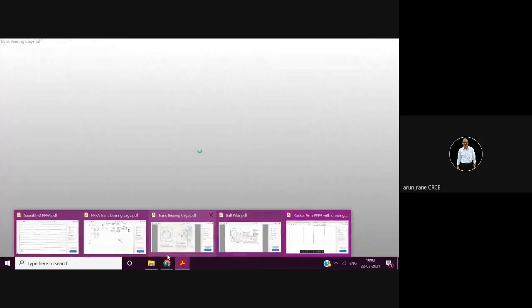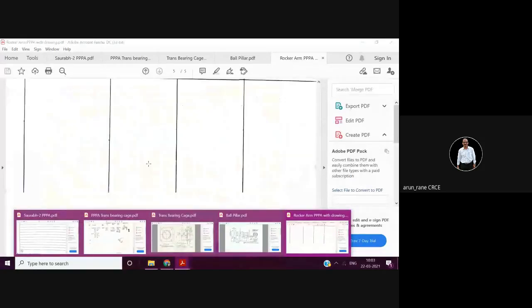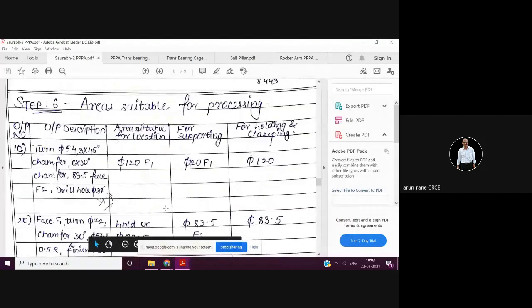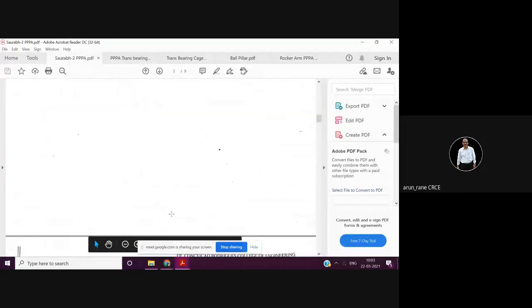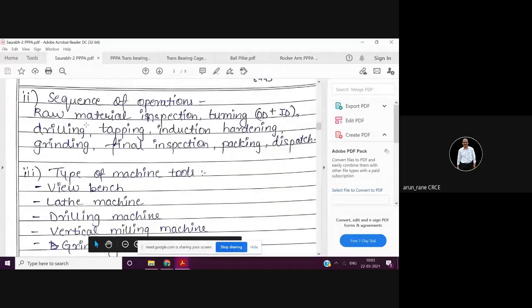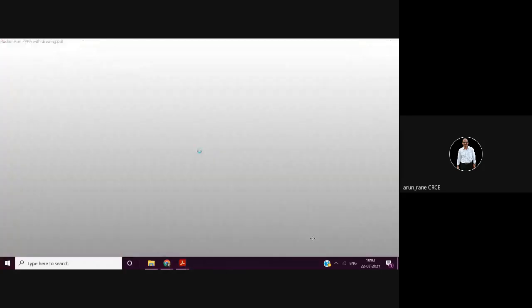Sir, so we don't have to do the operation sequence? Operation sequence is not required, but in the step, if you remember, there you have to write roughly, but not in full detail. Understand? Look, here in the sequence of operations you have to write like this. What I mean by step number 10 is the detail operation sheet which I showed you just now. So you are not supposed to do that.